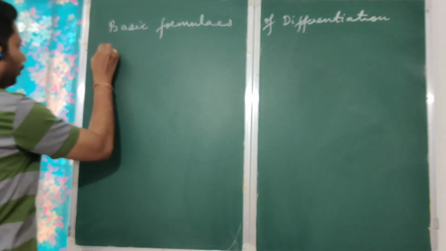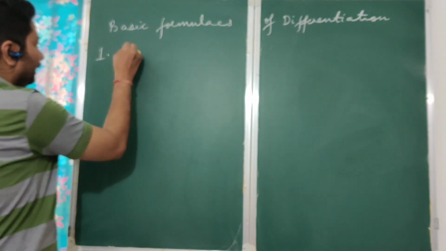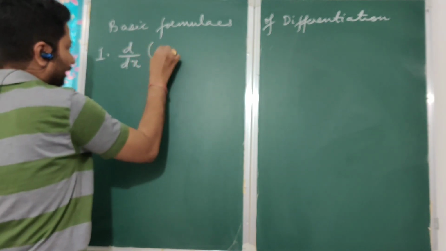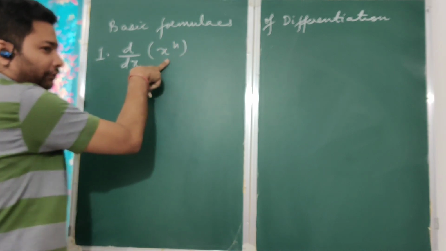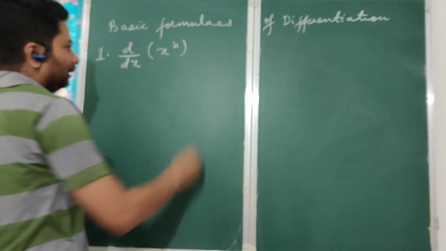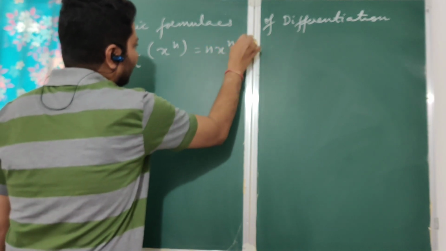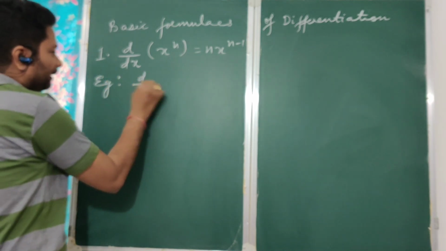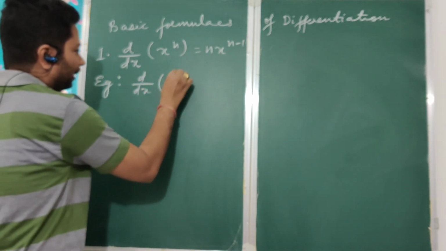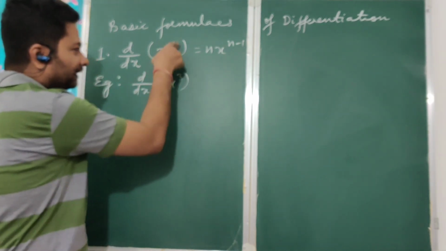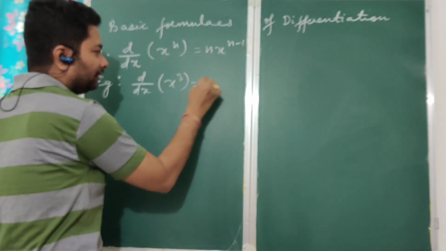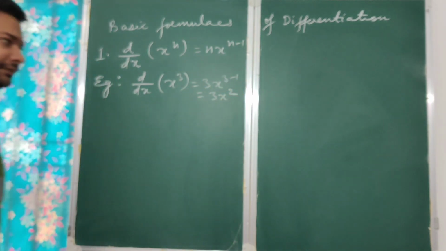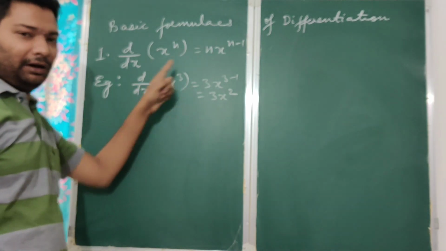The first one, and the most important that we are going to use in physics, is d by dx of x to the power of n. This is the operator, and you are using it on one input, x to the power of n. So you get some output. What is the output? n x to the power of n minus 1. For example, if you are doing d by dx of x to the power of 3, what is n here? 3. So we can write 3x to the power of 3 minus 1. How much will it become? 3x squared. So this is the differentiation of x to the power of 3.